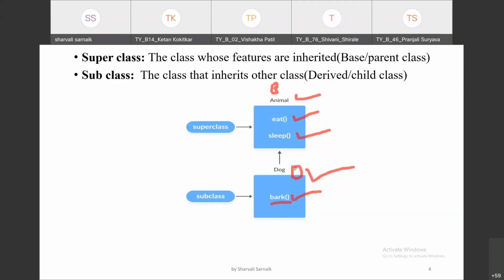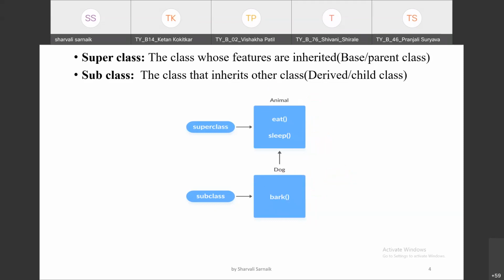If you are taking something from another class, we call it inheritance. Inheritance is a mechanism to take the features of one class into another class, or to create a new class from an existing class. In this case my existing class is animal and I have created a new class called dog.